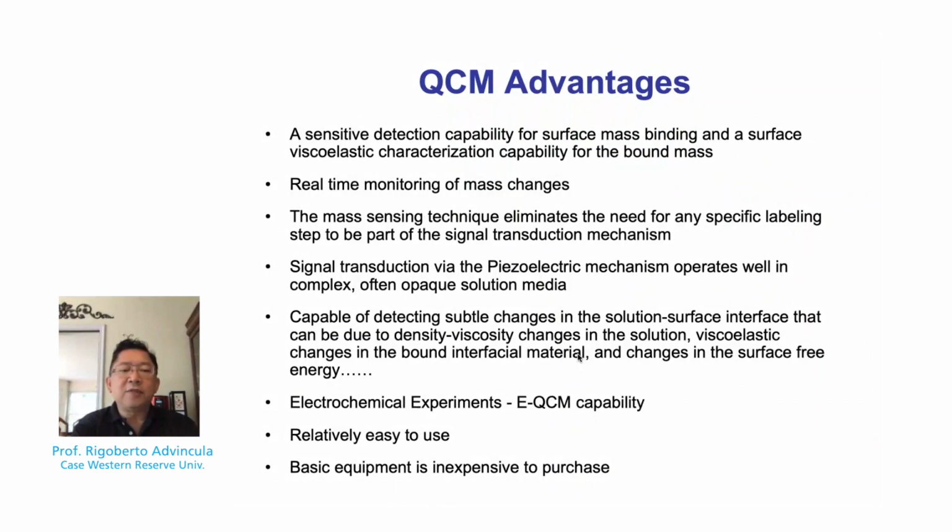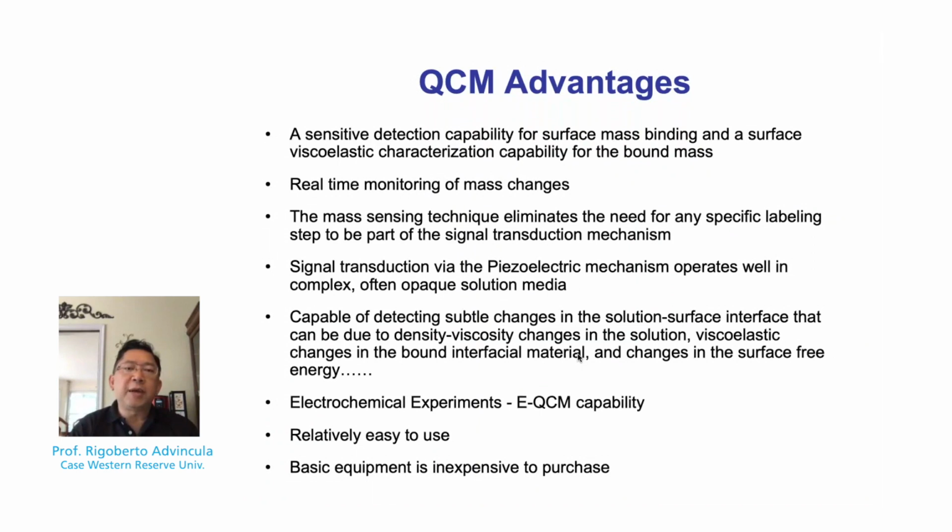Now, the second to the last point, relatively easy to use, is no simple description. It is indeed relatively easy to use. Like any instrumentation, if you are familiar with the phenomena and if you experiment correctly, then the explanation is quite valid. And lastly, the equipment actually is quite inexpensive, ranging from $1,000 to several $1,000s. And thus, this is one of the more accessible transducer experiments that can even be used for sensing or determination